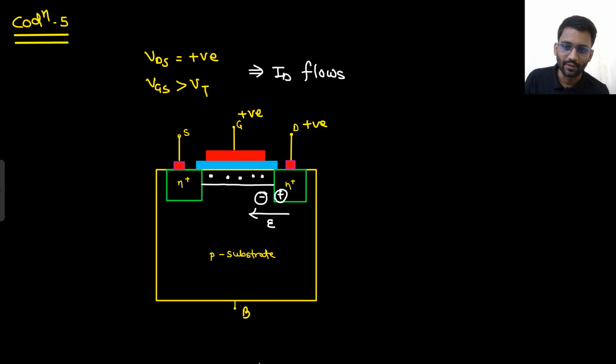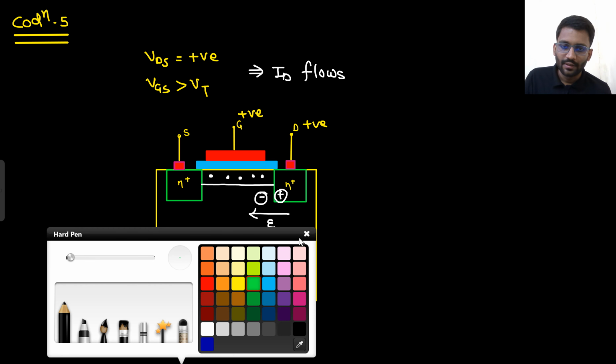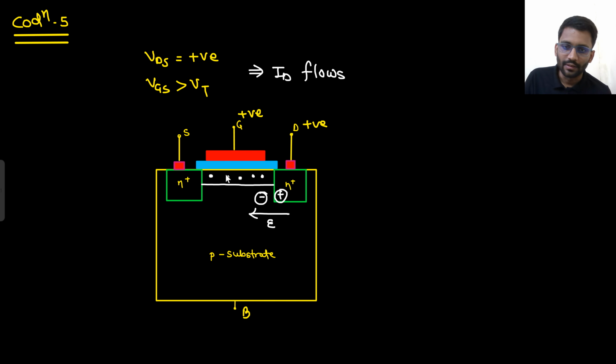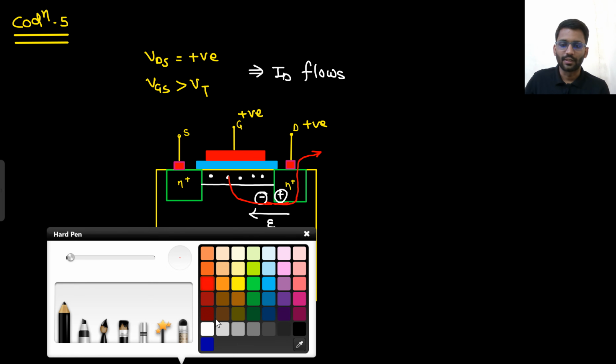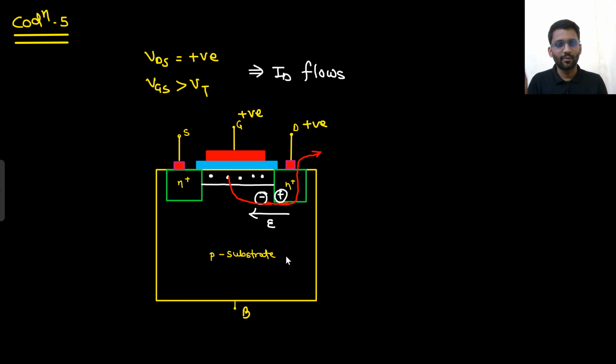I should use a different color of pen. These electrons will travel in this direction, the opposite direction, and will get out of the drain, and the current will flow. The current flows. This is the same phenomenon as the depletion type of MOSFET. Our target was to form the channel, and how is it formed? By applying a positive potential at the gate. And this we are studying for